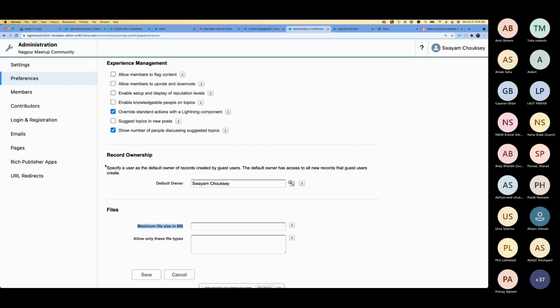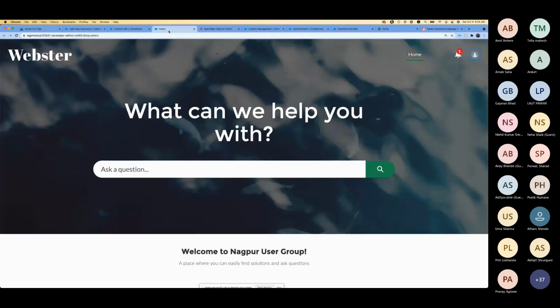I will ask an off-topic question: what would be the best place to learn Community Cloud, PLC or Trailhead? I would say Trailhead has lots of good content. So go with Trailhead. There are a couple of good trail mixes available on Community Cloud, or Experience Cloud. It's more about hands-on exploring. If you already have an HTML background or background in creating websites, just follow Trailhead and explore the different options available.